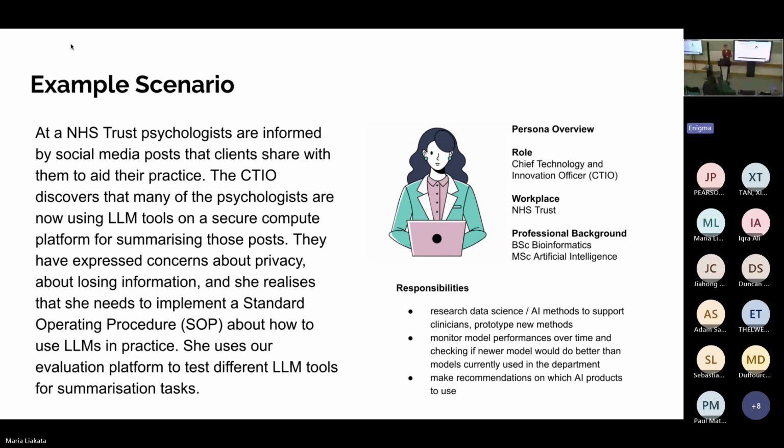And she wants to implement a standard operating procedure, which I think is something that means something to people at the NHS. And we were thinking that our platform would be helpful to a person like this, to this CTIO, to assess whether the LLMs that could potentially be used for this task actually do the things that psychologists require for their practice.